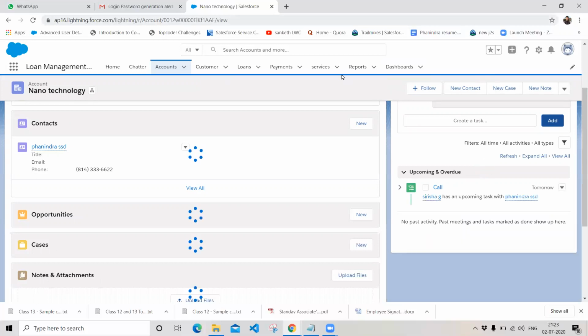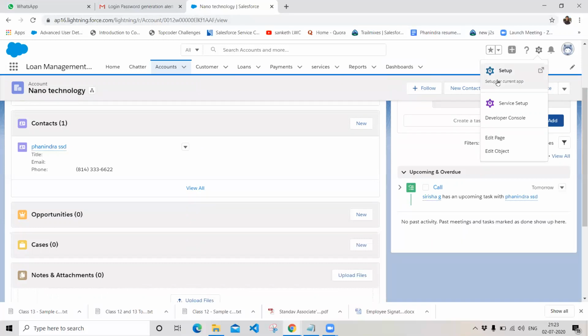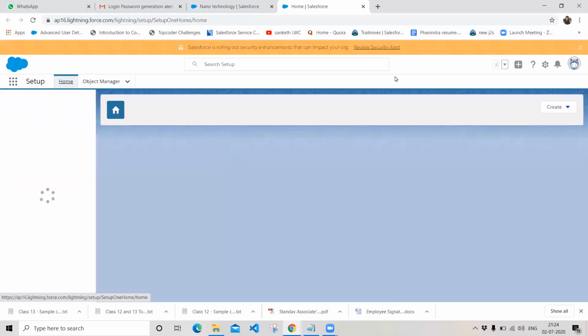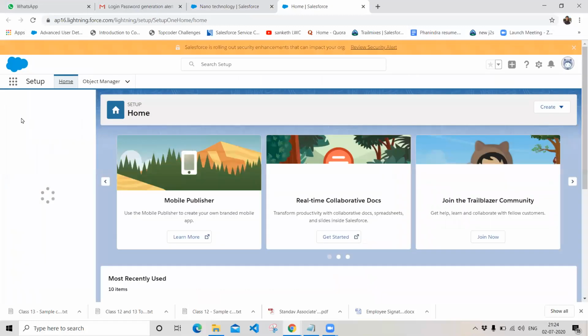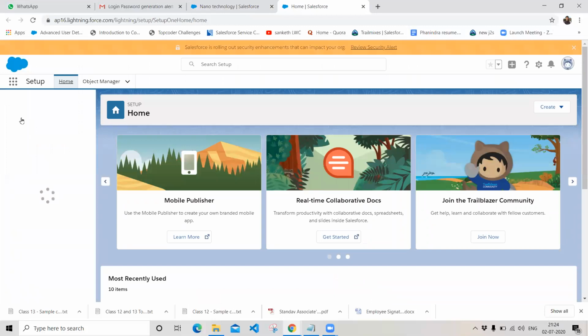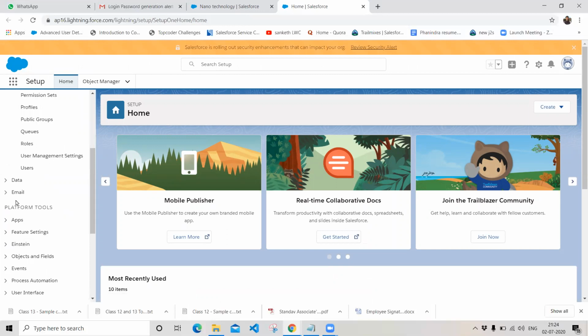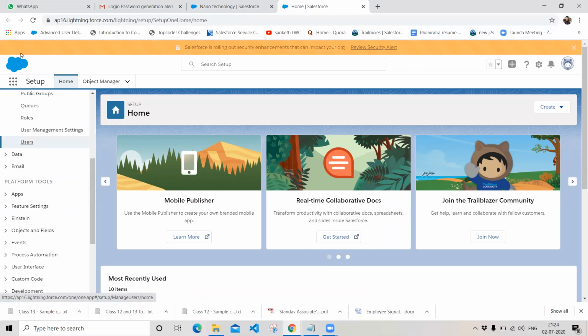And let's log in as Sirisha and see whether she has received the task or not. So go to the setup, setup administration users, and click on users.